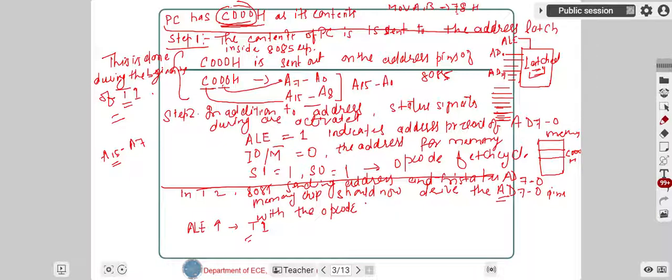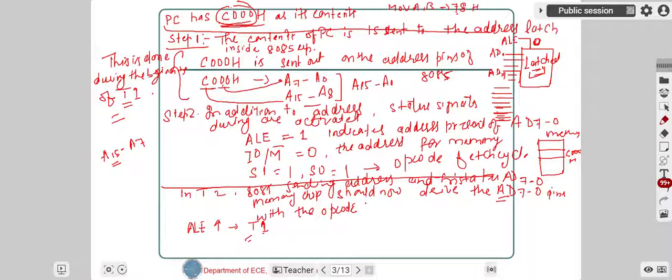As soon as the ALE signal becomes zero here, this address will be latched in this latch, because latch means some storage unit, some storage device. So this storage device stores the lower order address whenever this ALE signal becomes zero. Okay, so when ALE is made zero, the address latch does the latching of the least significant byte of the address before the end of T1. So this all happens before the end of T1. So still T1 has not ended.